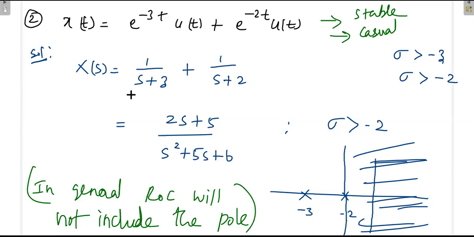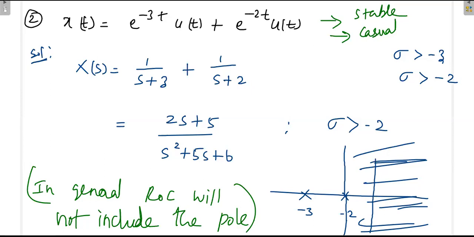Most of your control systems will be in this domain. Generally, any system will be designed to be stable, and also physically realizable, so that is causal. Again, in this case also both the poles are on the left of the S-plane, but it is stable. It is okay, mainly because this situation will be found in control systems. So this concept we can apply in control systems.